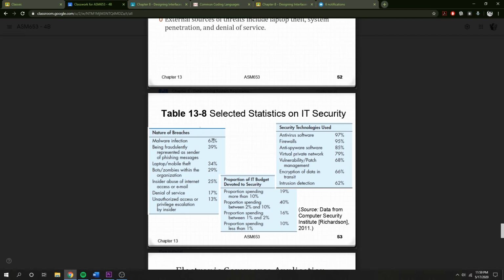67% of breaches come from malware infection. Why is this the highest? I can say that in my previous experience, it's because people like to use their personal pen drive and plug it into the organization's office computer. We don't know what is actually in our pen drive. So it's actually a procedure. You can't just plug your pen drive into your office system, because there is a procedure: it must be scanned with antivirus and cleared first,